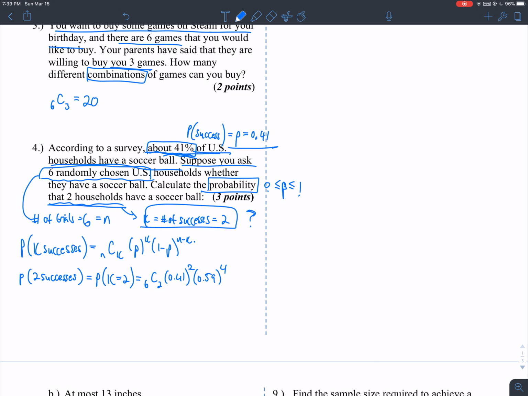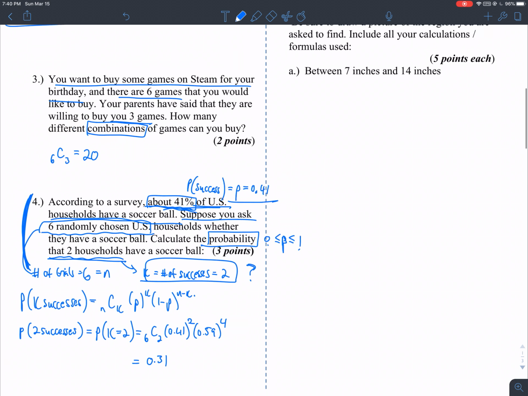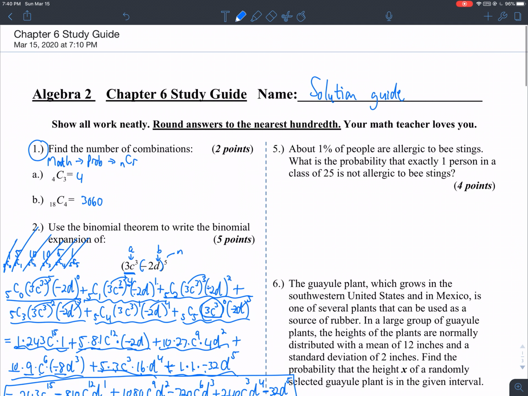All right. And then you just put that in your calculator. You just literally enter 6 choose 2 and that. And if you do all this, you just get 0.31. Okay, 0.31. So, important to recognize, how would I do this besides using the binomial experiment situation? Can't really come up with any other way you would do that. Okay? And then number 5,